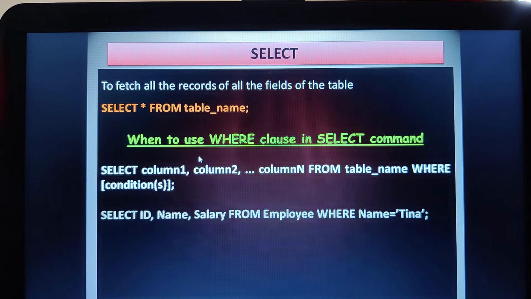Then moving on to where and when to use the where clause. Suppose I have to retrieve the data based upon a certain condition, then I can use the where clause. The syntax is select column 1, column 2 up to column n from the table name where the condition you can specify here. So here we have an example like select ID, name, salary from employee where name is equal